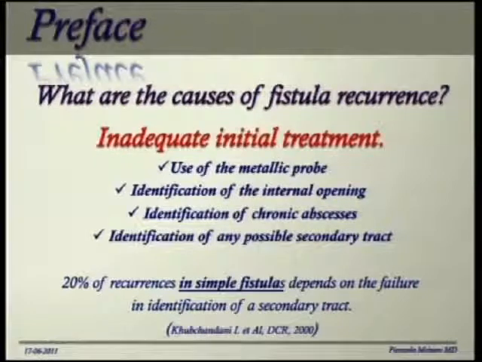Use of the metallic probe during the first visit, at the beginning of the operation, identifying the correct internal opening location, and the possible presence of chronic abscesses or secondary tracts. The literature reports that 20% of recurrences, even in simple fistulas, are because of a failure to identify these secondary